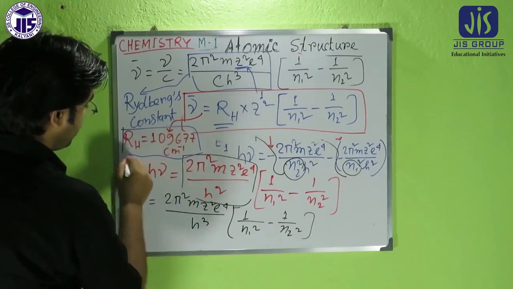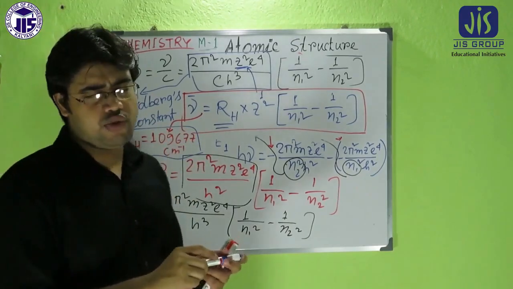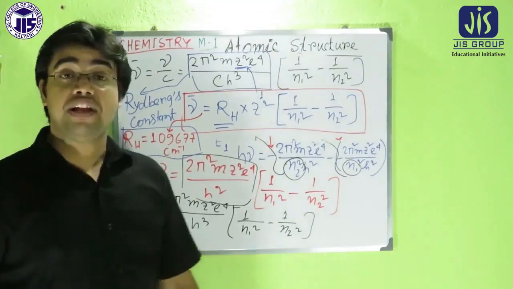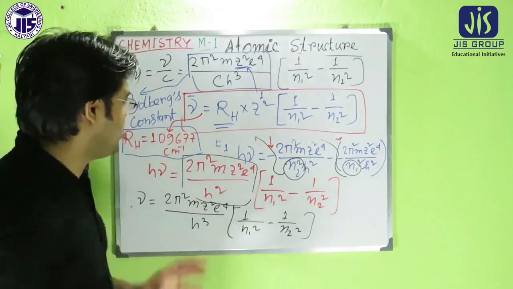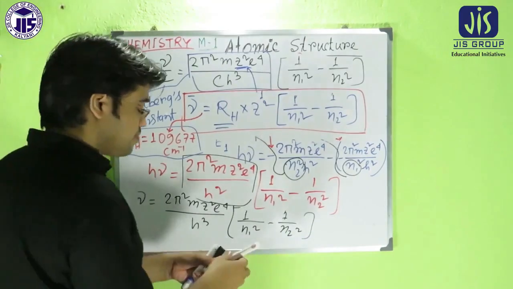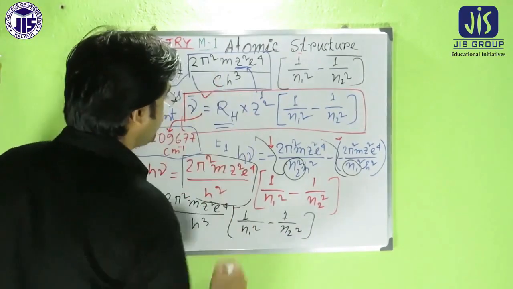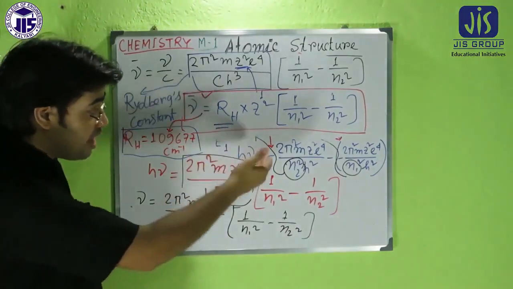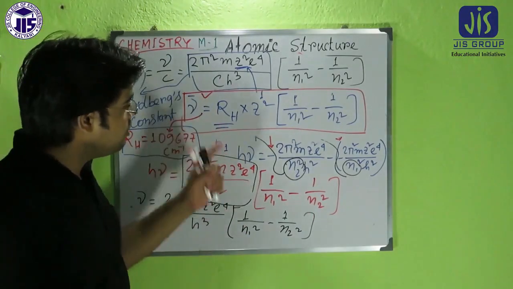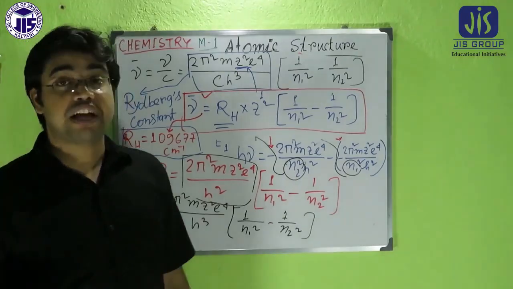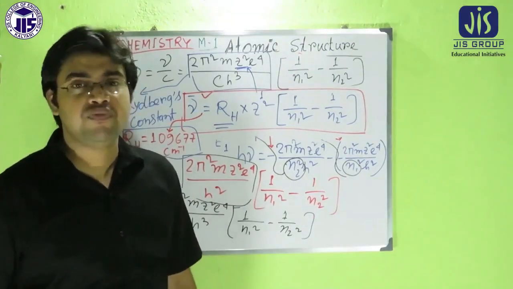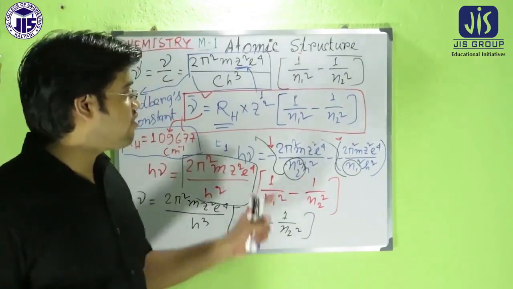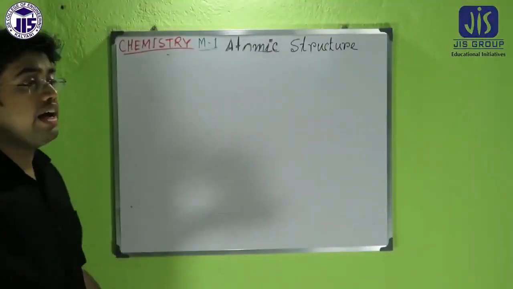Normally it will be given in the question, because generally it is available there, but you can keep it in mind also. But you have to keep that equation in mind, because we have to use it in the next topic also. From there we can find out that there are some spectral series of the hydrogen atom, each with a particular name, and we will determine them from that equation.